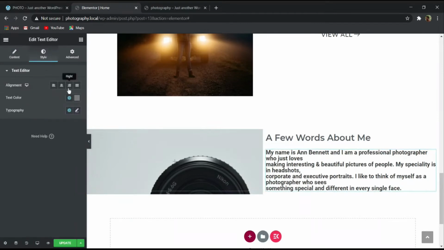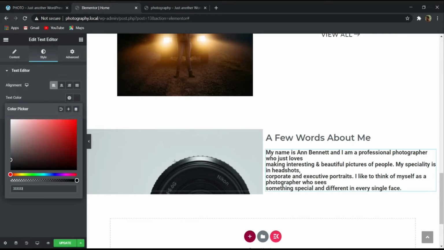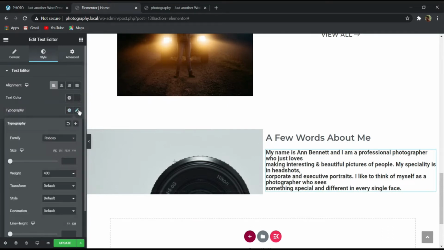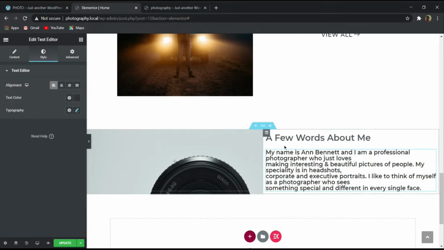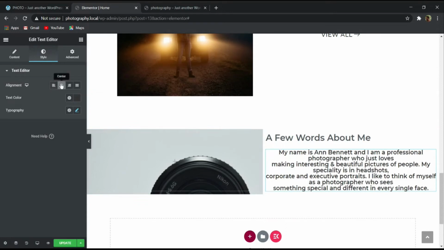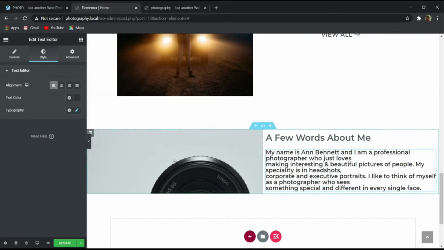So now again I will go to the style and content layout alignment, I will give it left align, and then for text color I will select 333 6 times 3, and then let me go to the typography, and here I will change the font family to Montserrat, and I will give it 14 pixel, or I can give it 15 pixel also, and weight I will give it 400 or 300. So here you can see that this is really looking very weird, because this font weight is